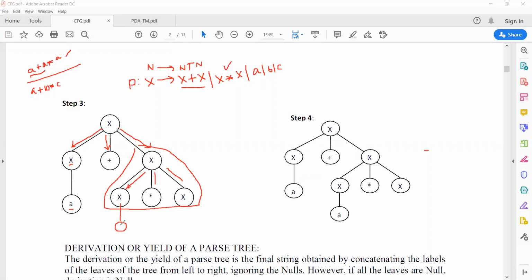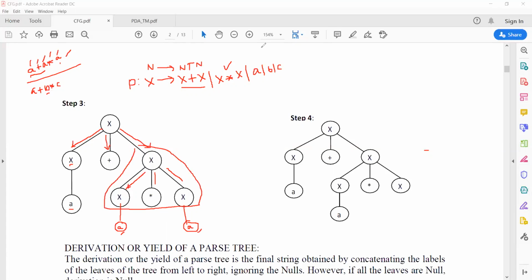So it can be either a or b, whatever. If you require a star, a plus a star a, so definitely this will be a also. But if you take the second one, instead of this a, you will put a b, and instead of the third a, you will put c.